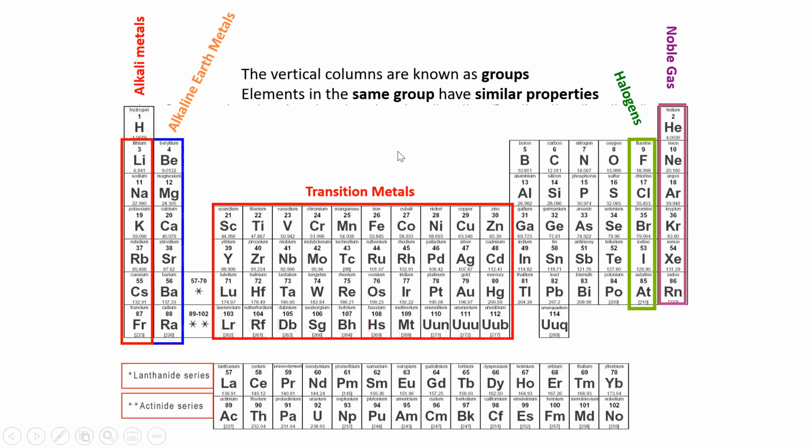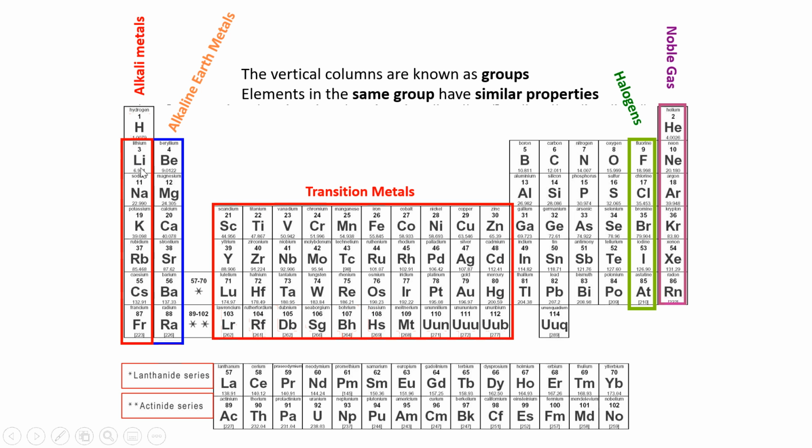And another way in which we might break these down into groups is we'll look at these vertical columns. So if you look at elements in vertical columns, those elements tend to have similar chemical and physical properties. And we can explain that by looking at their atomic structure, which we'll cover in a different video. But for right now, we'll just say things in the same column have similar properties, and so we tend to